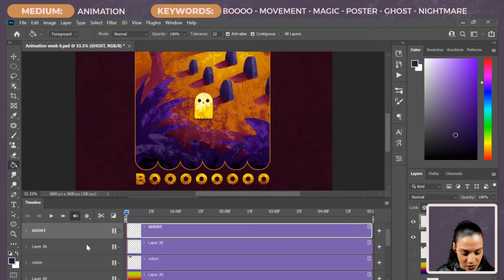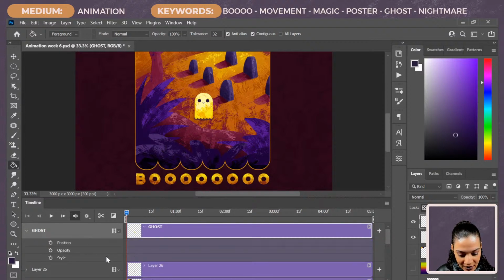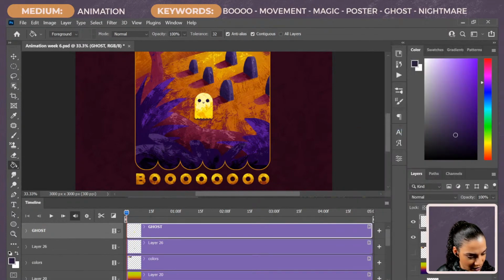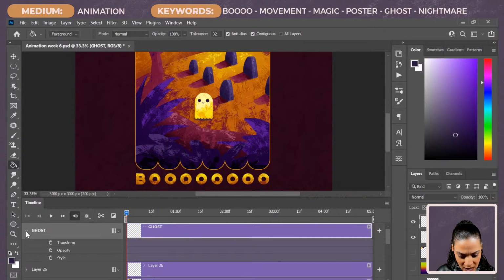And what we're gonna do is we are gonna transform him. Let's convert to a smart object. And okay, so as a smart object, you can see that we have our transform option right here. So what we're going to do is click this, and it adds a keyframe here. Whenever you add it, that is added as a transform keyframe for whatever position that element, that layer that you're working with is at. So we're adding a keyframe here for his starting position.